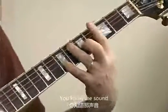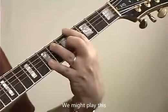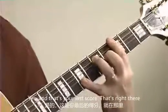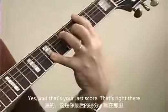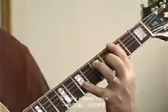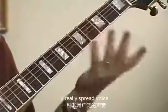And the reason why we might play this dominant 7 sharp 9 like this is because it can go into a major 7 like this. And that's your last chord that's written there. Major 7, really a spread voicing. And it's beautiful when you, it's really,